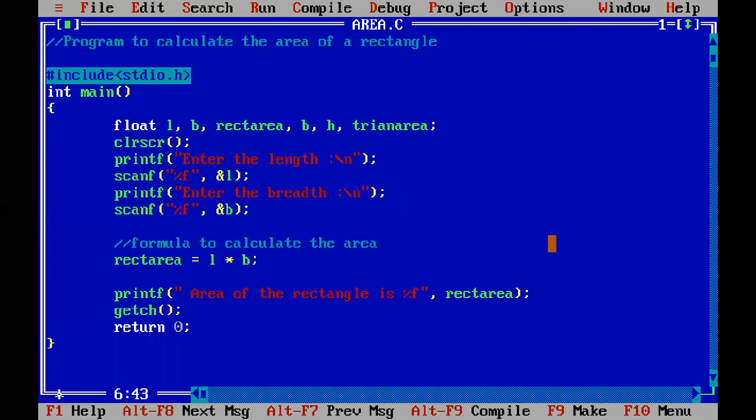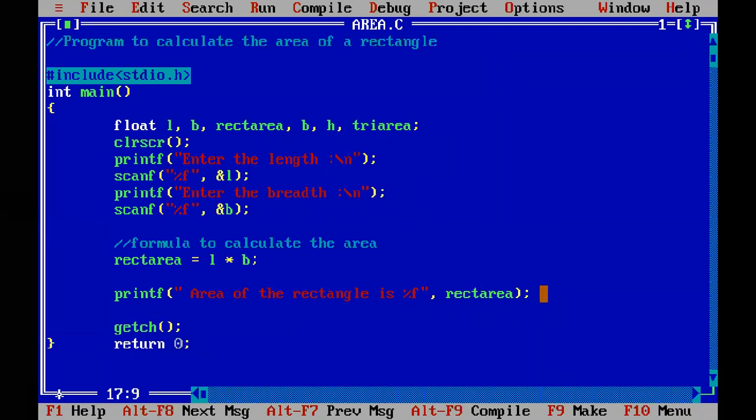Okay, try area, let me just shorten it. Okay, so this is the variable where I will be storing the area of the triangle obtained after using the formula. Okay, so the same thing, fine. So this was for calculating the area of the rectangle.